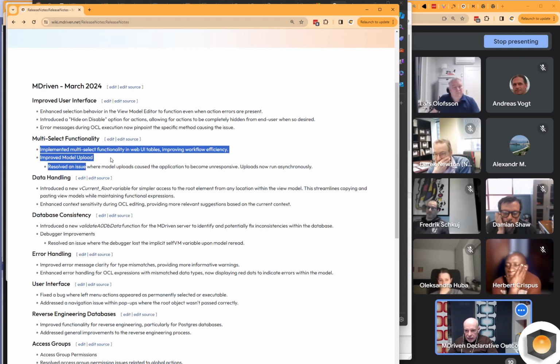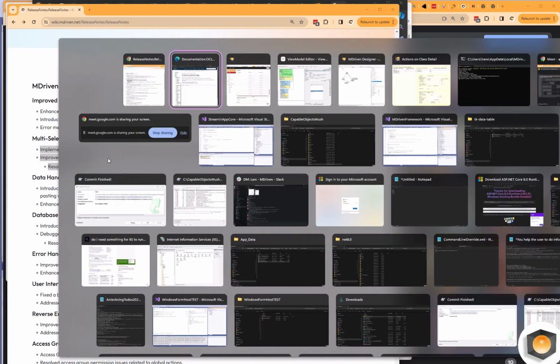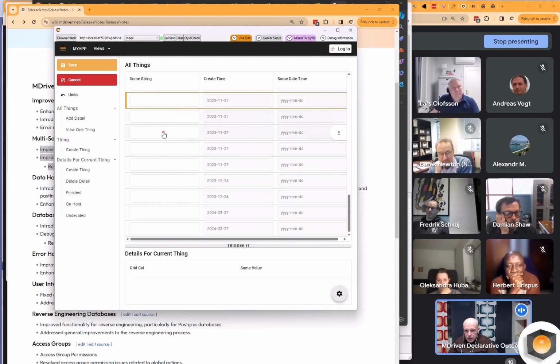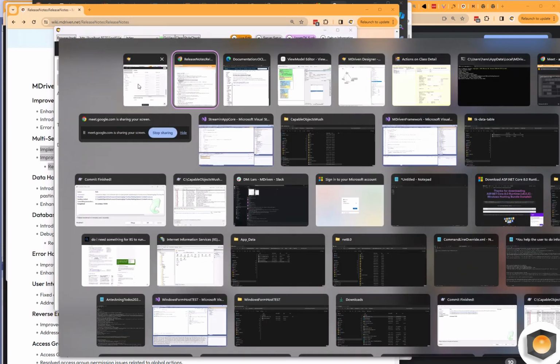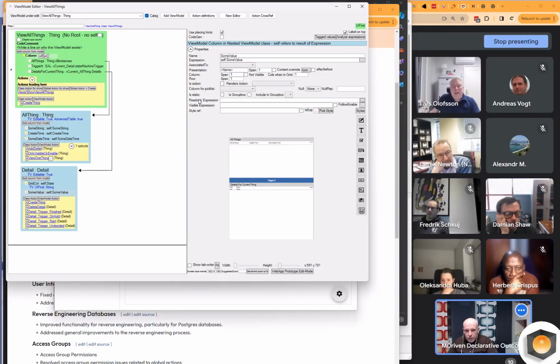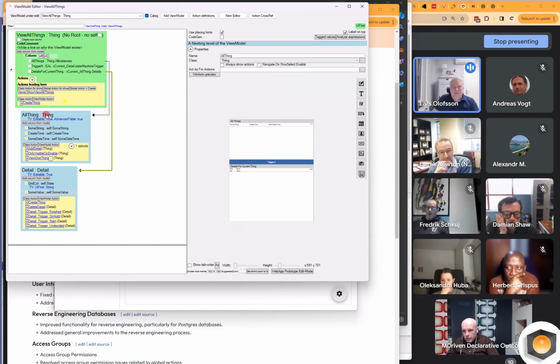We also have this one. Not sure, is this available in the advanced grid? Yeah, we need to say that this should be multi-select in order to show it. I think it actually works even without that, Hans, isn't it?